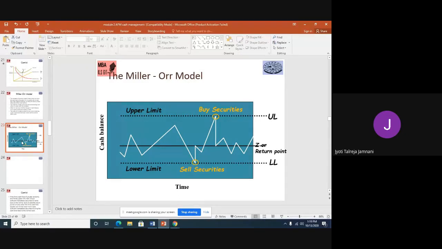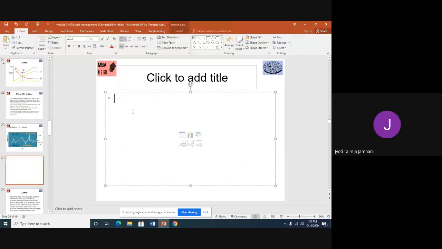Cash comes into business by selling goods. You make sales, you get cash. You render services, you get cash. You go to a doctor's clinic, he will give you services and you pay cash, right? And cash also comes into the business when your debtors pay. Sometimes you sell on credit and tell your debtors to pay later, and whenever they pay, cash comes into the business. So cash keeps coming, and when you spend, it keeps going. Agree to this? Now let us say my upper limit is 5 lakh, like the example I took first.